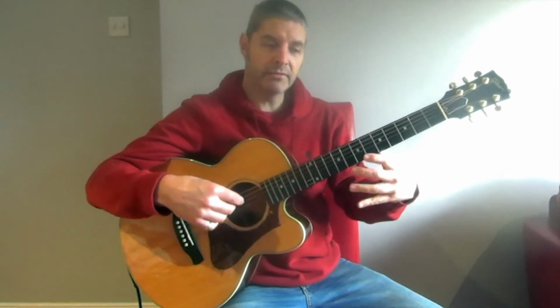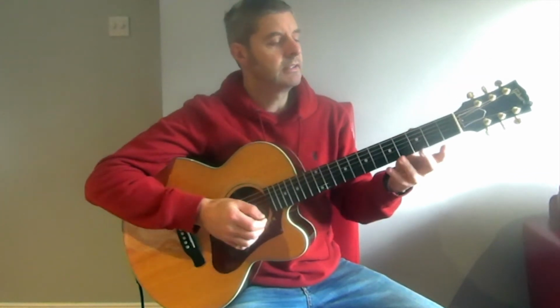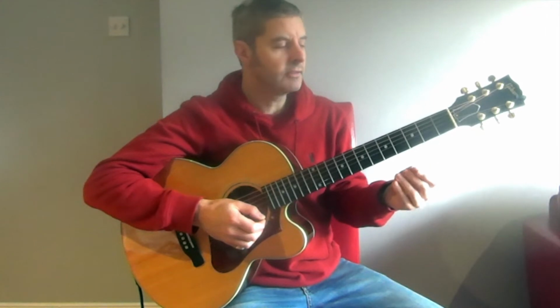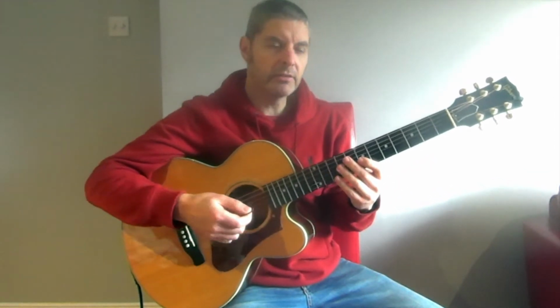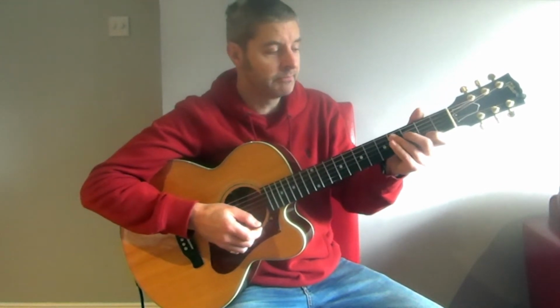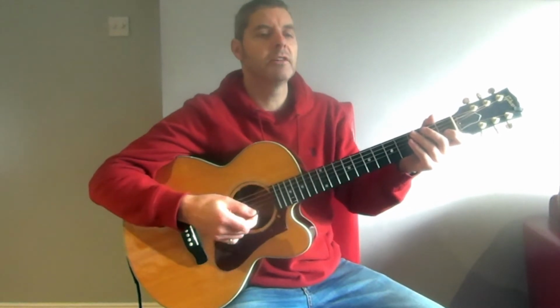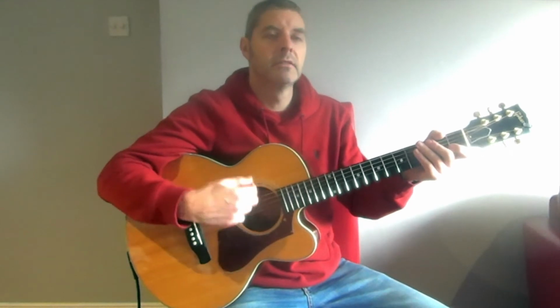You may have noticed firstly how weird that last chord sounds. It kind of resolves when it gets to the next chord, so it sounds slightly less weird in the song. But also you might have noticed that I changed the rhythm for the last 2 chords. For the C and the strange one afterwards, I changed the strum to a sort of slower kind of half-time strum. So I'm kind of going like this, and then change the